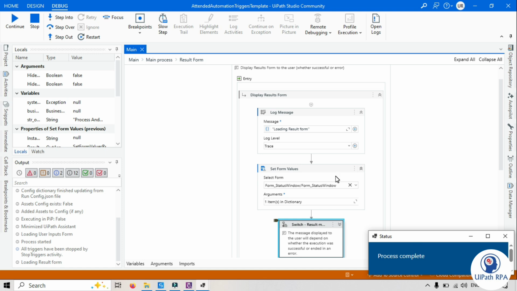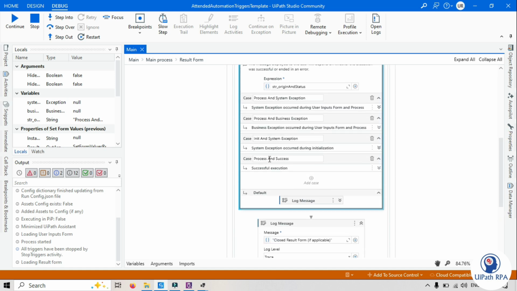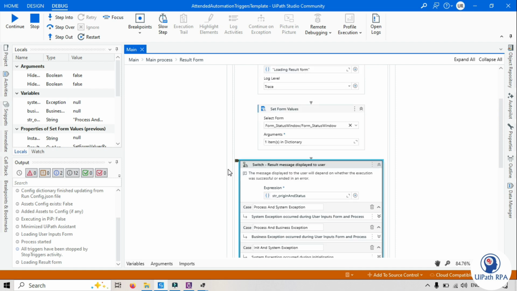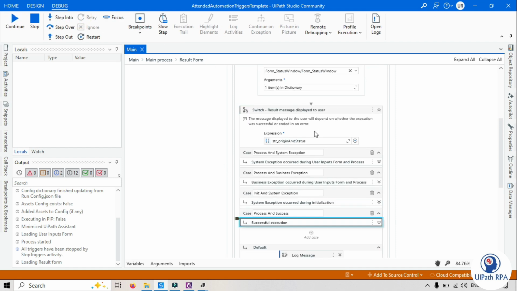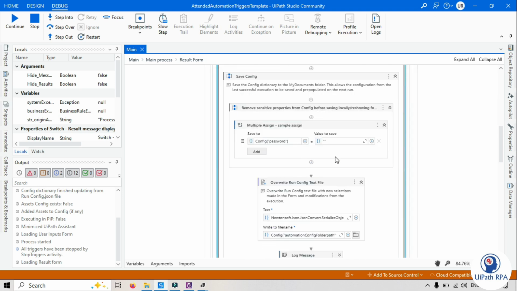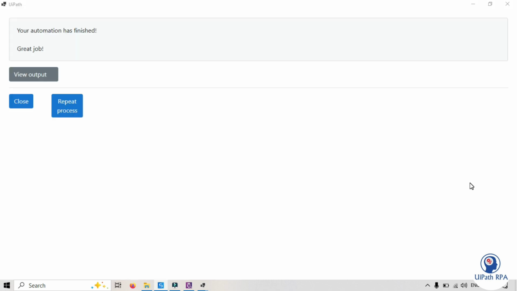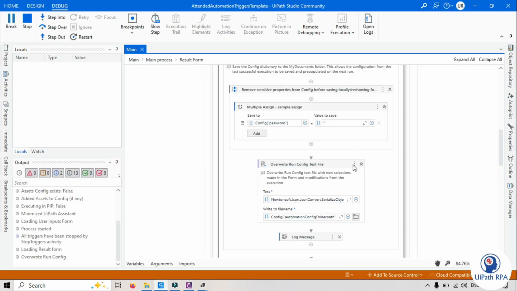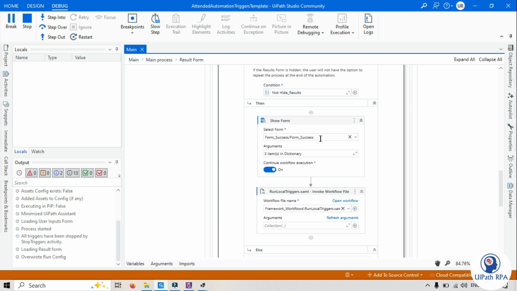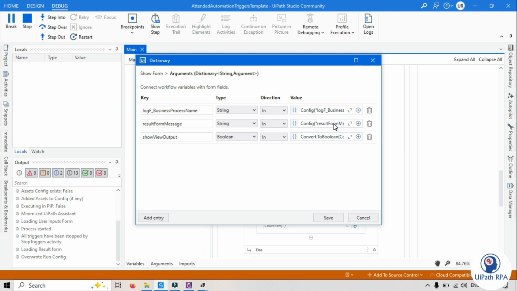Okay, now based on the switch case, it will come to this part, process and success, because the state was updated there, right? And then it will set all this, the password and everything, as blank. Let's step over, and now you can see there is a form showing here. This is the success form, with the values coming from the business name, result form message, and show view output. So you see here,